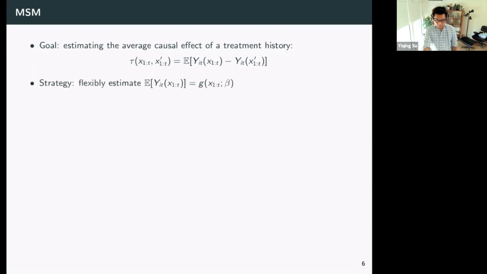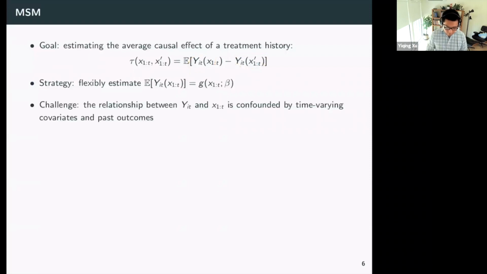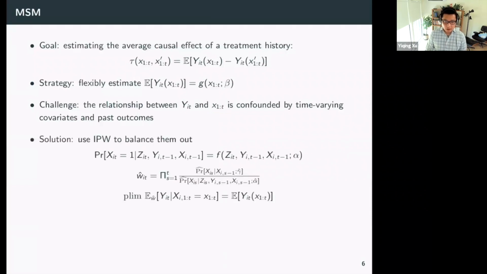The strategy is, of course, we want to flexibly estimate each term on average, maybe with a flexible G function. The challenge is that the relationship between XIT and history, so YT, and the history of XIT is confounded by time-varying confounders and past outcomes. The solution proposed by James Robins and co-authors and introduced by Blackwell and Glynn is to use IPW reweighting, so inverse propensity score weighting, to balance out the influence of